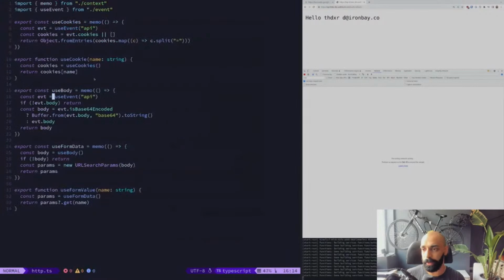Yeah, so I think over time we'll provide just a bunch of these utility hooks. These are like HTTP hooks, or maybe we should call them API hooks because they're all based off the API event. We can even have mutate hooks that mutate. So I was thinking about this. So you can have a